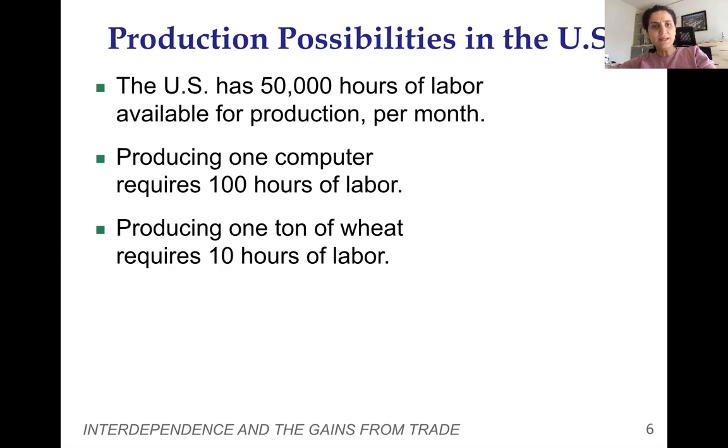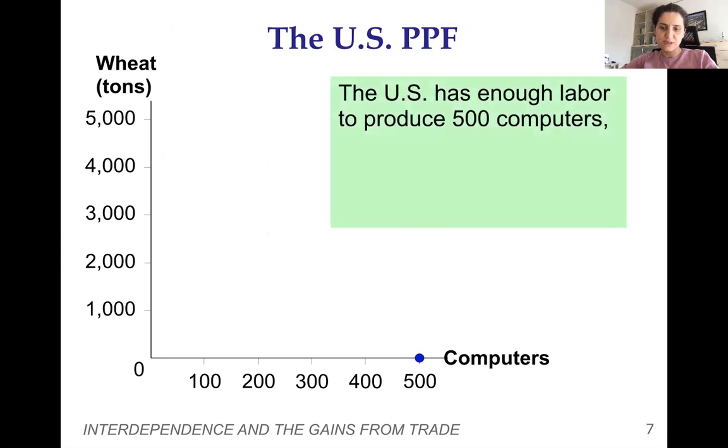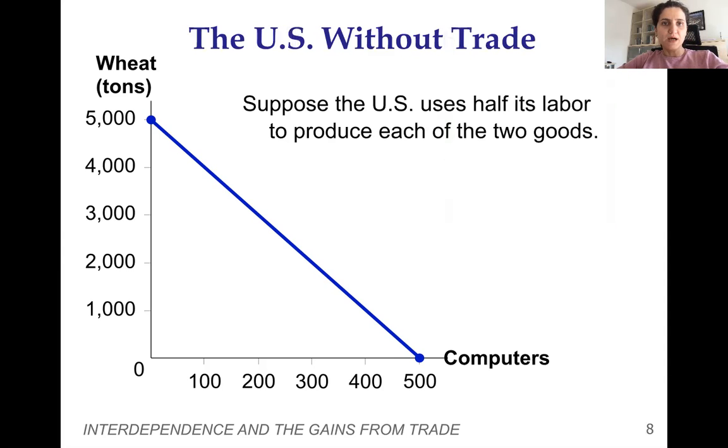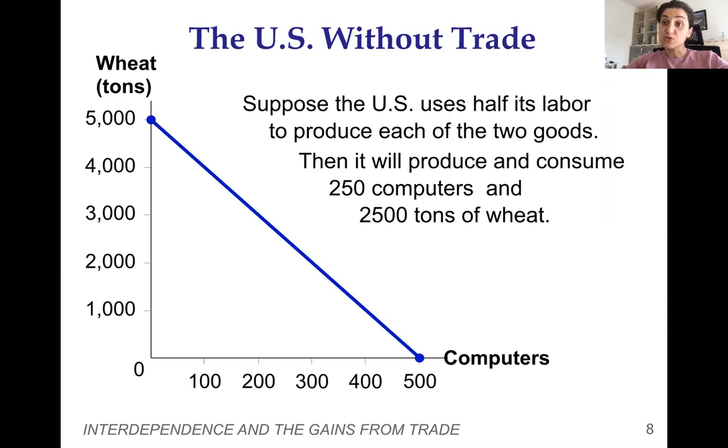Okay, now let's look at, okay, so we did this already. So you have this as a production possibility frontier. Anything inside this triangle can be produced. Okay, but for being production efficient, what will US do? It's gonna produce somewhere on the frontier, this blue line. Okay. Without trade, suppose US uses half of its labor to produce each of the goods. So we don't know for sure, it is the assumption.